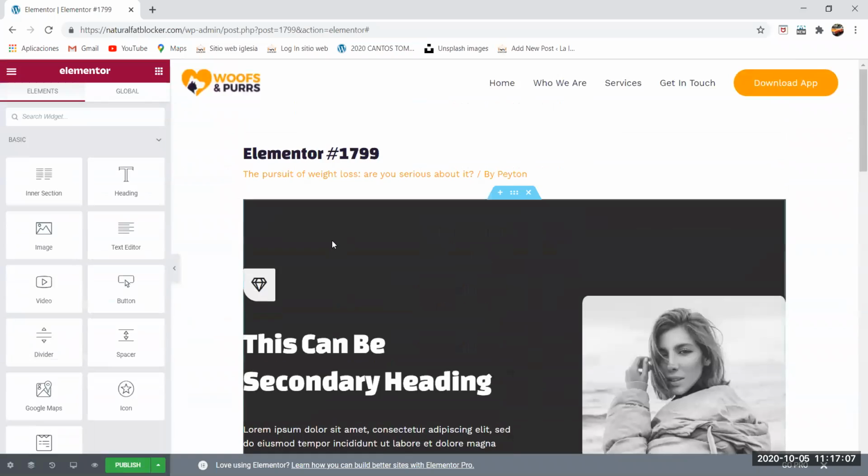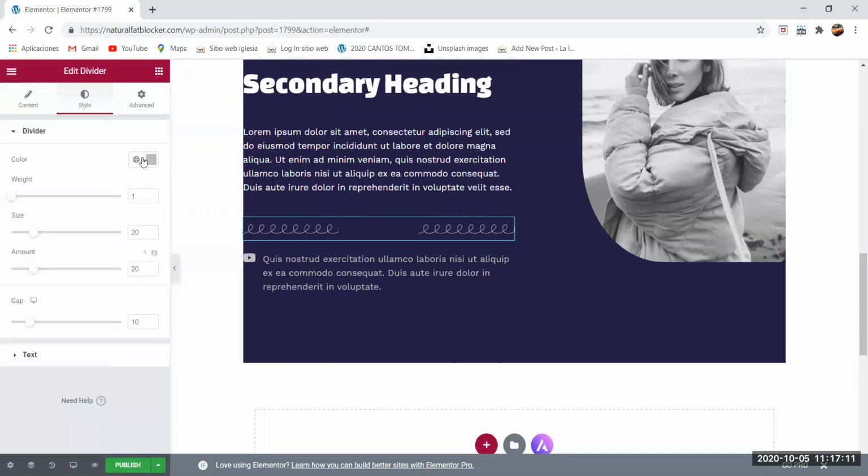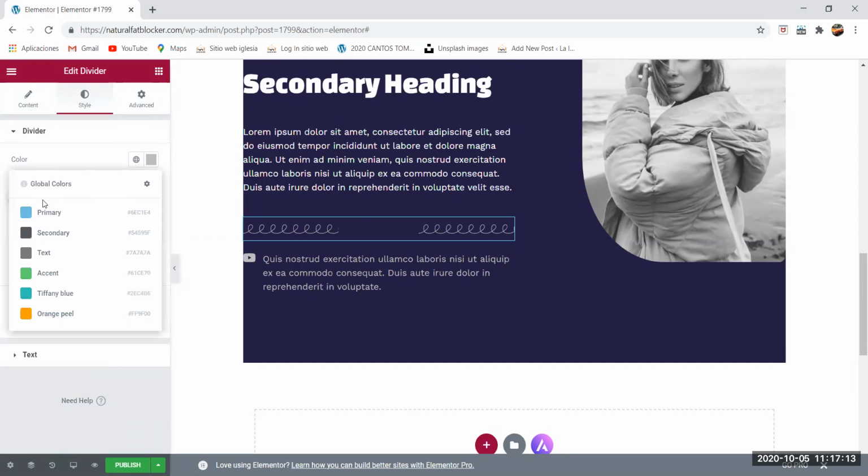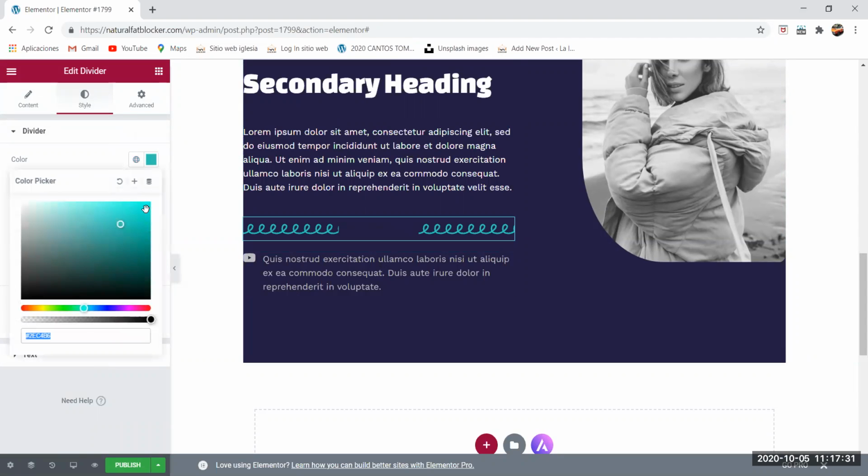So what I'm going to do here is to choose one of my global colors. I hit this globe here and I am going to just put Tiffany blue as the color, and let's see if there is any changes. Weight and size. So far I don't see any change in the color. Okay, there you go. I don't know for which reason it did not change immediately, but anyway,